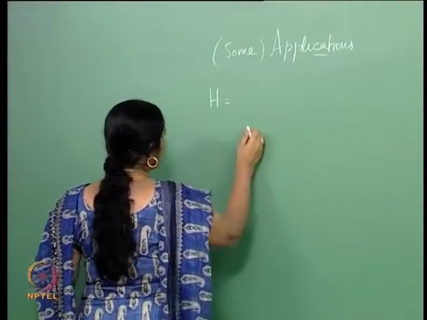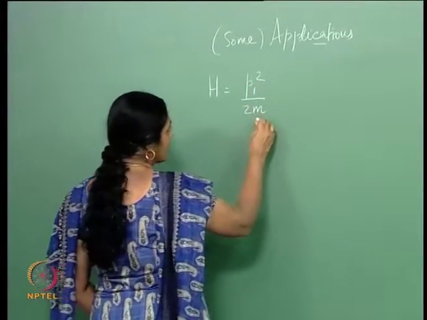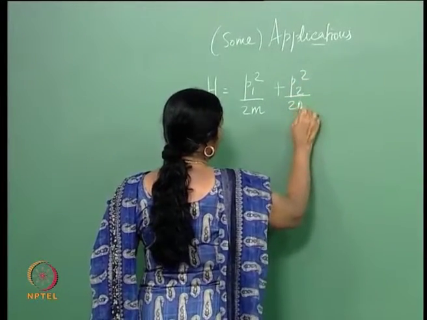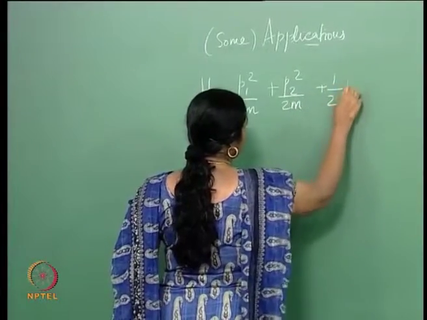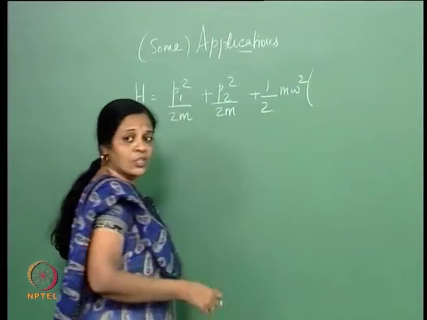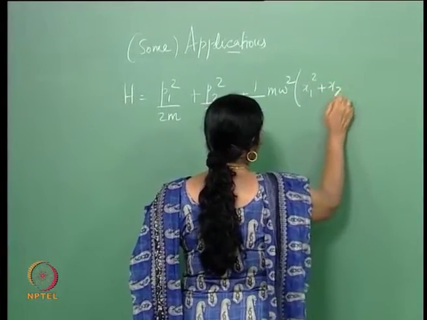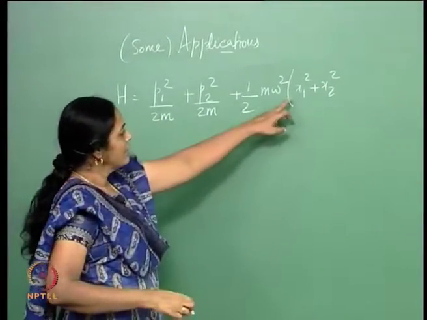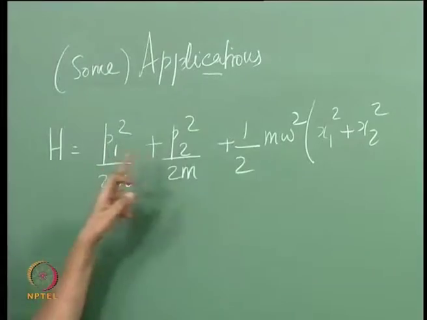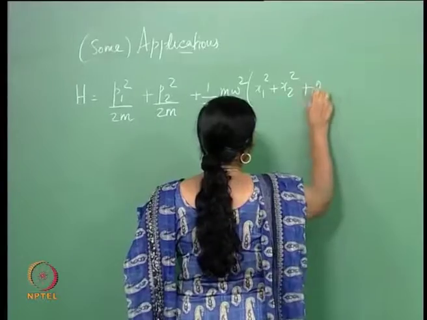So I have a Hamiltonian, both oscillators of mass m. So the kinetic energies are p1 squared by 2m plus p2 squared by 2m. And then we have the potential term. Both oscillators have the same angular frequency. So you have x1 squared plus x2 squared. The notation is evident because corresponding to the coordinate x1, there is linear momentum p1, and corresponding to the coordinate x2, there is linear momentum p2. But then I put in an interaction